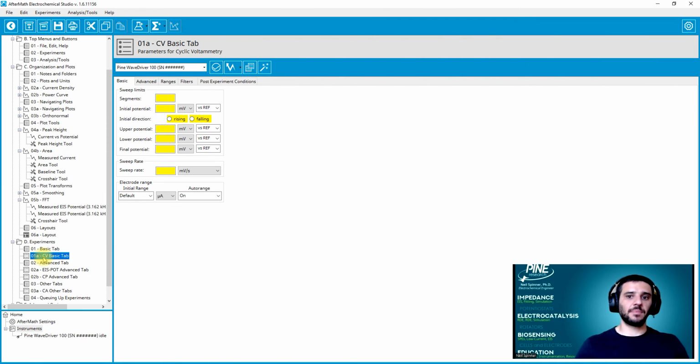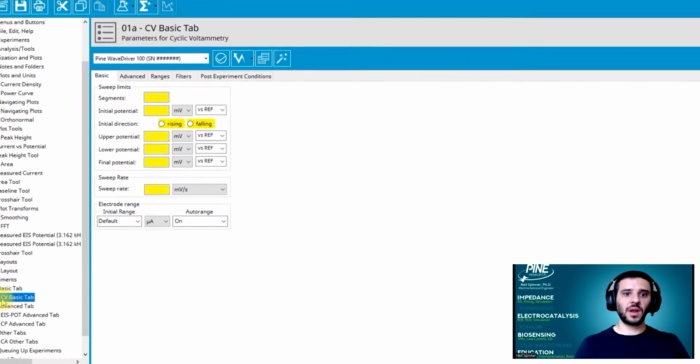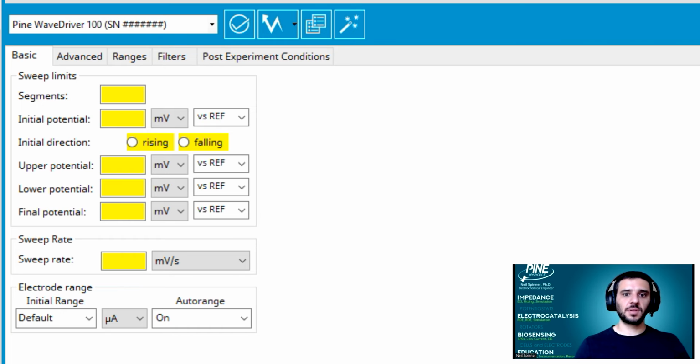The Basic tab is the default view for any experiment, and it contains the bulk of the necessary parameters. Before adding values to any parameters, there may be yellow highlighted boxes and options. These represent the parameters that must be filled in at minimum to run the experiment. One quick way to add values, if you are unsure where to start, is to use the Autofill button. This may not be the best set of parameters for every experiment, but it can be a good place to